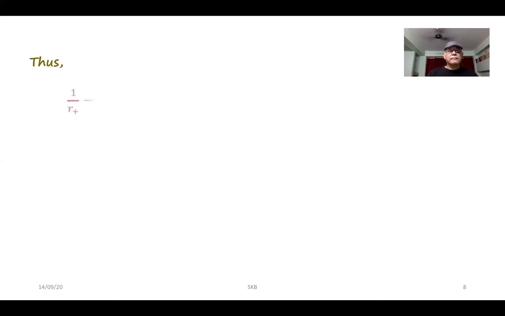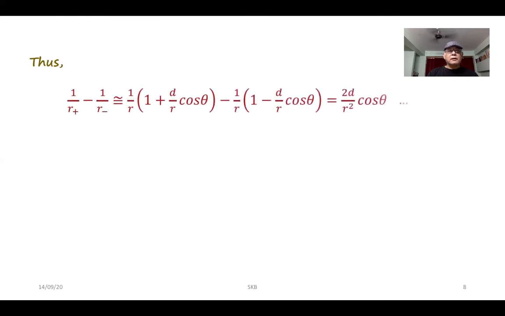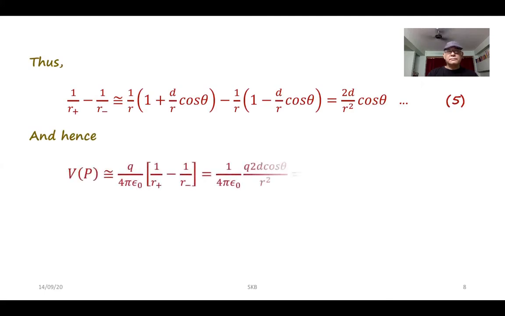Thus, if we express 1 by r plus minus 1 by r minus, we get finally 2d by r square into cos theta. This is equation 5. And hence, potential at P is finally given